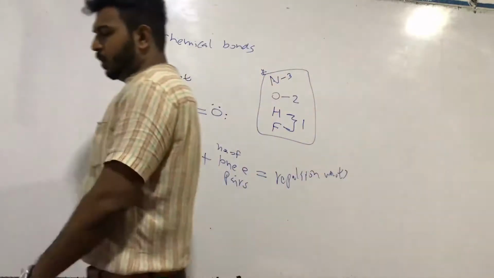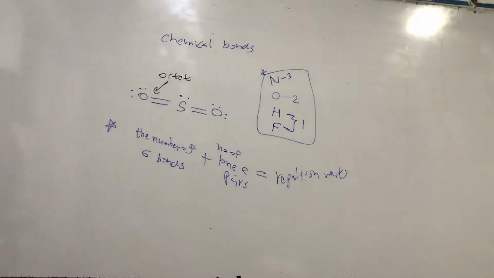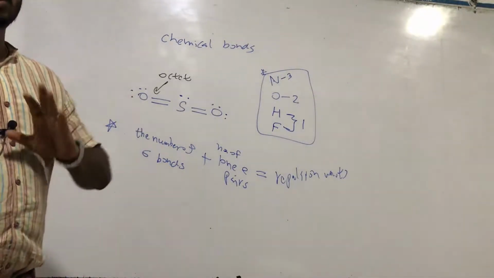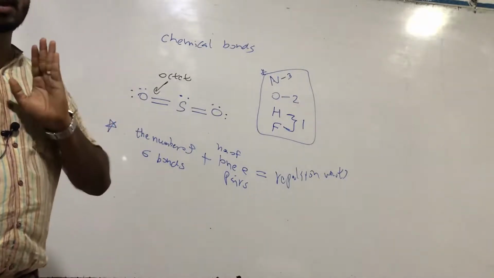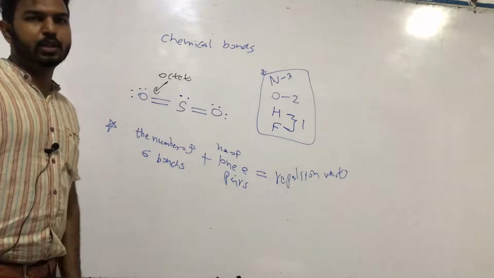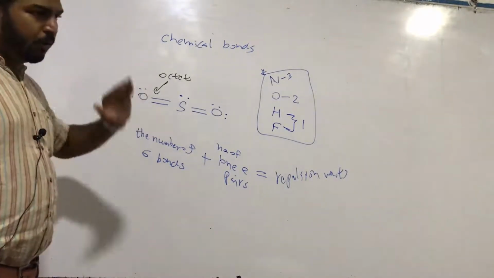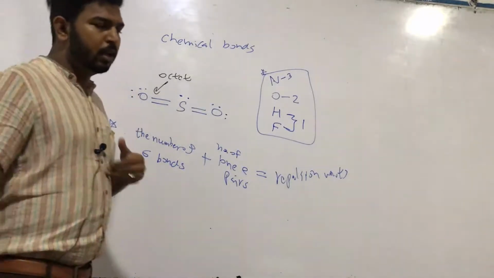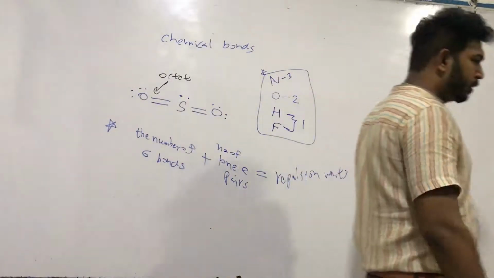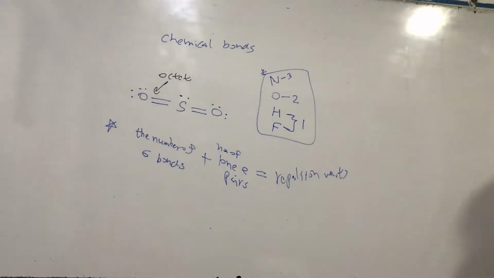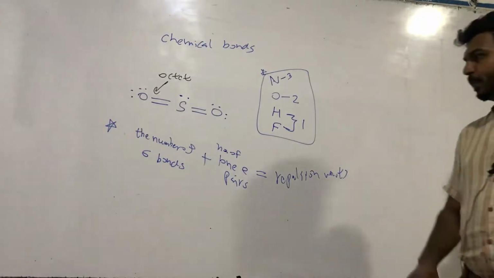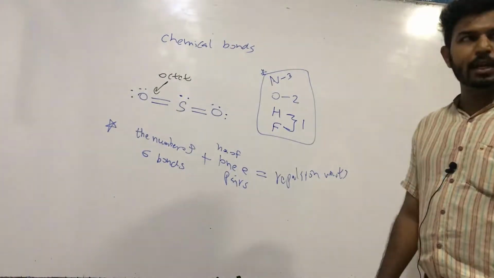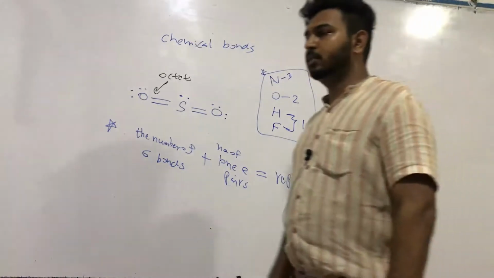There is a very correct theory to draw these molecules. But if I teach you that theory first, you will surely not understand the lesson and you will be unable to draw any structure. So first try to draw these structures using a short method. Then when you are very clever at drawing these structures, let's study the real theory after that. Okay, I think you have noted the number of sigma bonds plus number of lone electron pairs are equal to repulsion units.